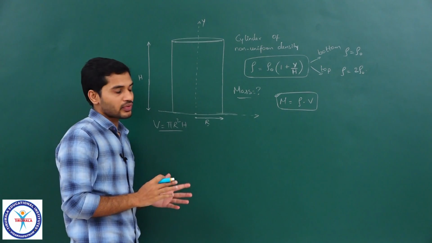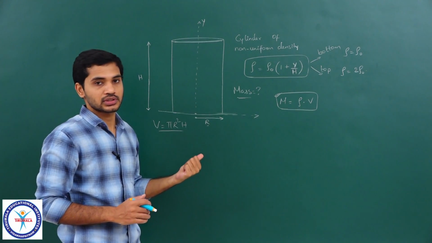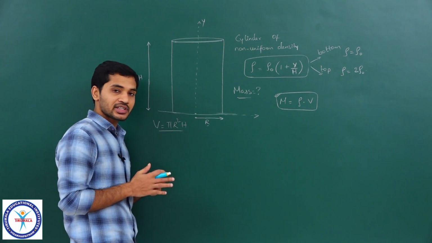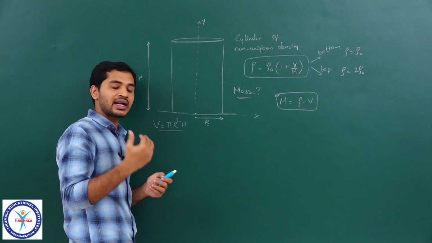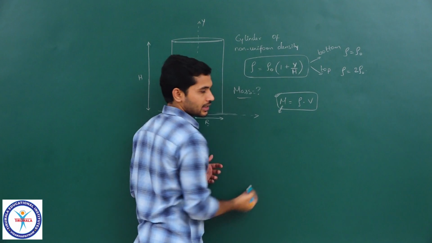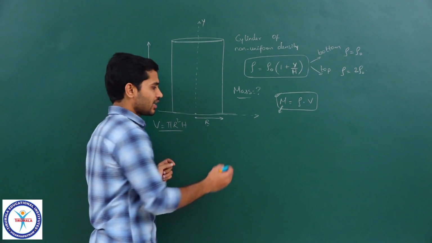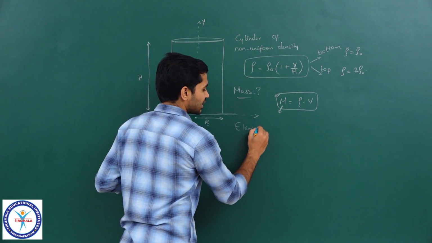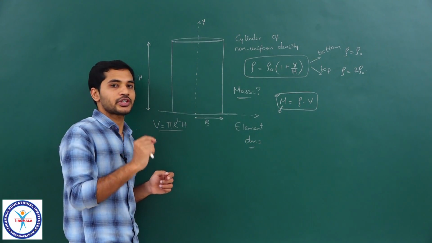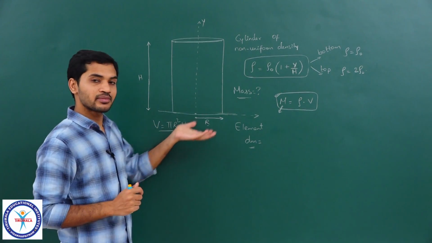So in such a scenario, whenever we have something which is continuously varying, how do we calculate the mass of the cylinder here? For doing this, once again we will be choosing an element, correct, in such a way that we can find the mass of that element and then integrate that. So that is how we have been doing till now. I can't calculate the overall mass directly because this is applicable only when the density is constant. So what I will do is, I will choose an element whose mass can be calculated. I will call that dm, because I will be choosing a small element and then integrating all such elements. So can you think of which element should be chosen here?